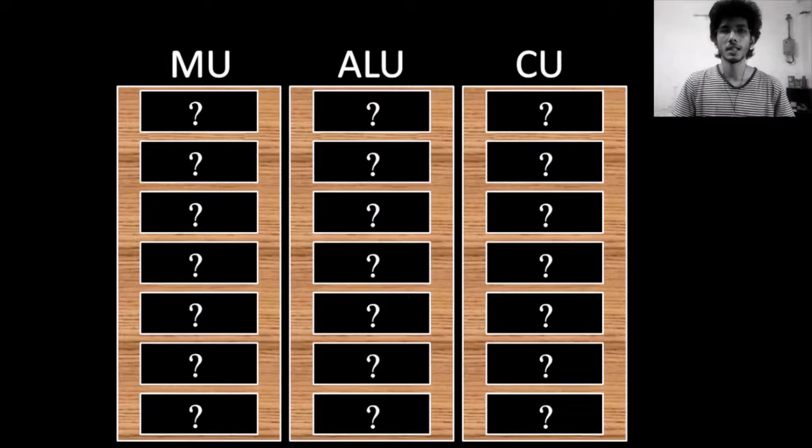This is the physical layout of my Relay computer. What I've done here is I have designed the circuits in a way to accommodate everything onto 3 wooden panels. One for the memory unit, the second for the arithmetic and logic unit, and the third for the control unit. In the upcoming episodes, I'll reveal what each circuit does one at a time, and I'll take you through the circuit schematic and the PCB layout of each and every circuit board.